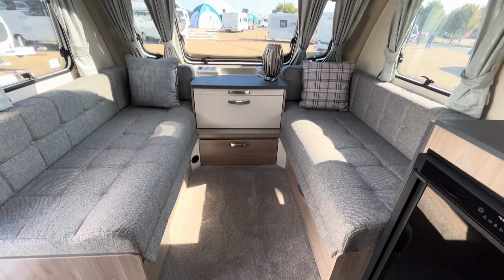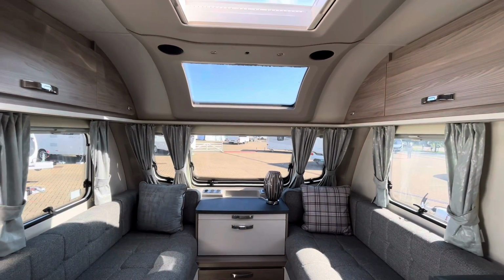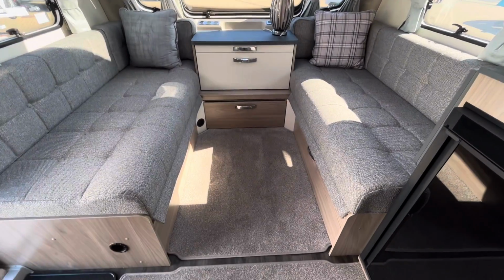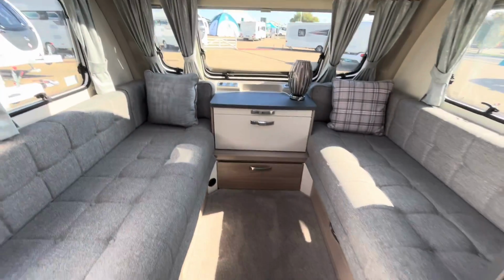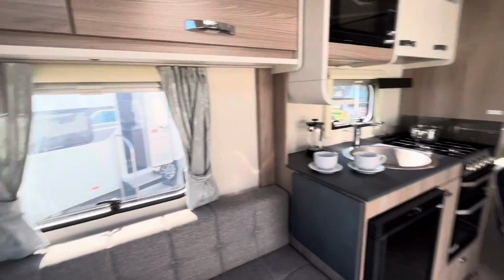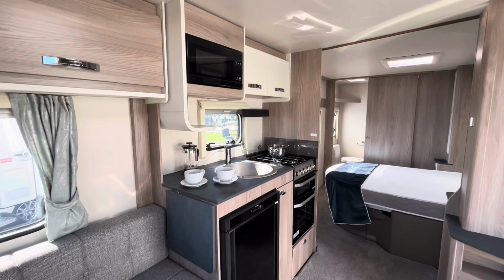To be fair, it does make a difference. I can feel it. I don't know whether the camera shows it up, but you can see the amount of room you're going to get. You're going to get a bigger bed because it's 8 foot wide. You've got more floor space, and it does certainly feel more spacious. The kitchen, still on the offside. We're still getting all those appliances, and we're getting the